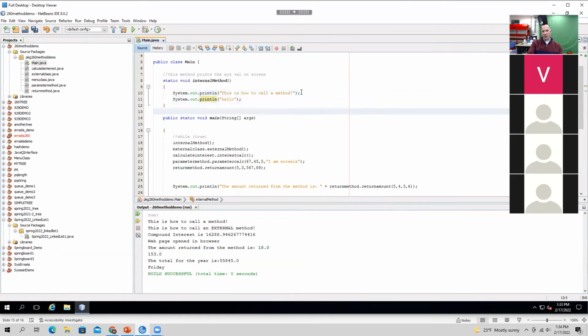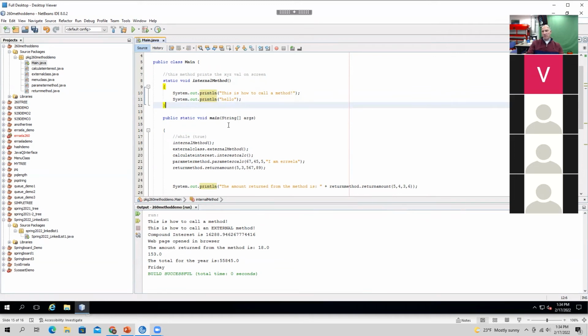So basically we're creating an internal method here that's going to run and output. In this case, we're going to do two different things now. One is to output, this is how to call a method. Another one is I just added the word hello, so it's going to print twice. Now, if I made a mistake here, it not only would tell me what the mistake is, it could tell me really what's happening here. It's telling me that it couldn't find this particular symbol. It'll also underline it red, so I know that I have a bug. It also won't run. It'll just tell me that it won't run. So it won't compile. All right.